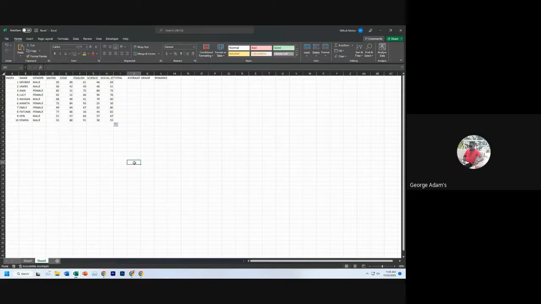And if you have paid attention, let's create a comparison option. I want to compare the performance of males and females, or based on gender. First, I would want to know how many males there are. Also, I want to know how many females there are, and also the average. So I want to know